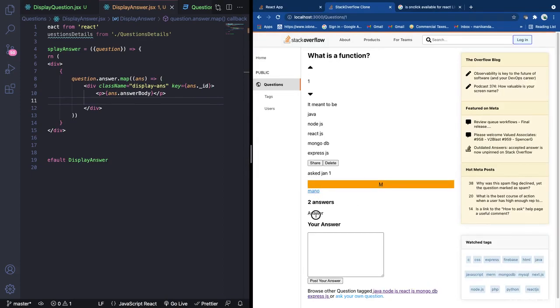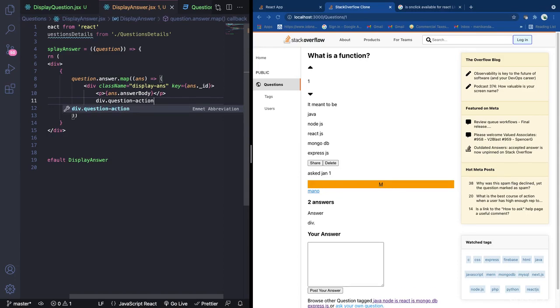Now you can see here is an answer, which is nothing but a single answer for that particular question. And then we will just use, here we will just have a condition. Sorry, we are not going to use a condition. Here we will have a div tag, the class name of question-actions